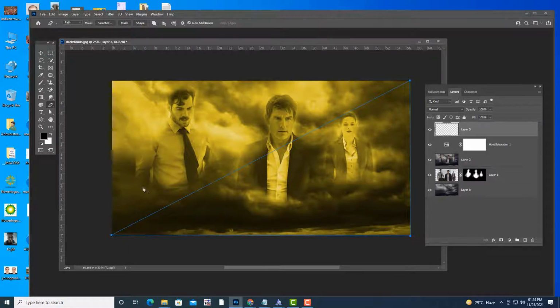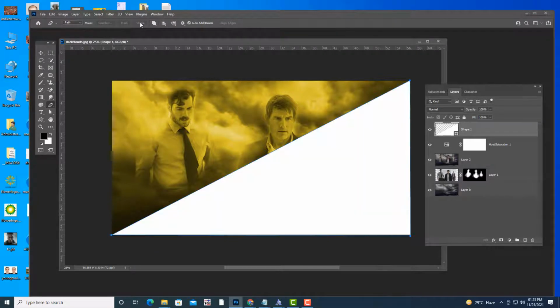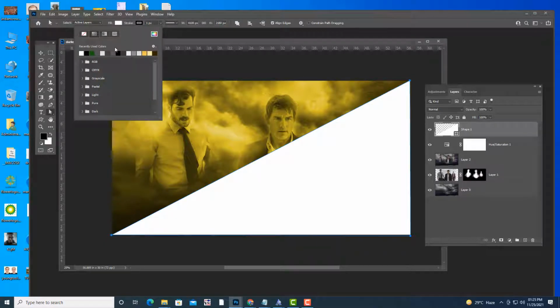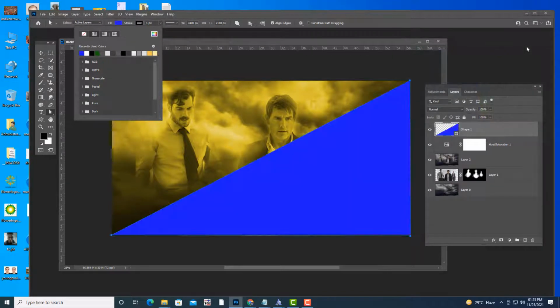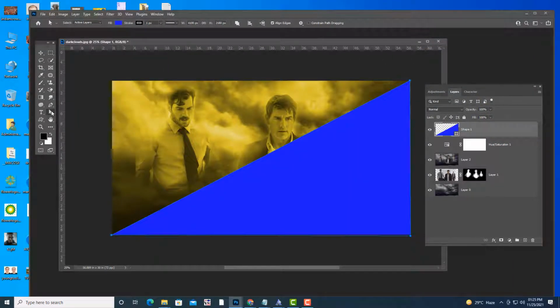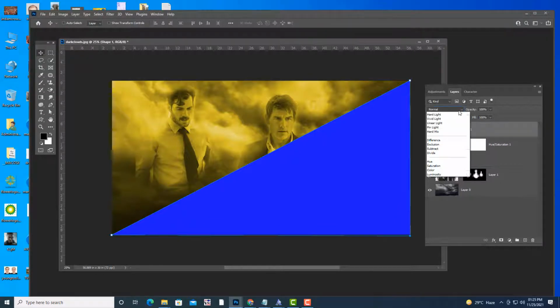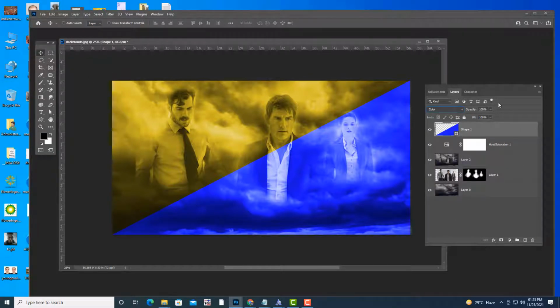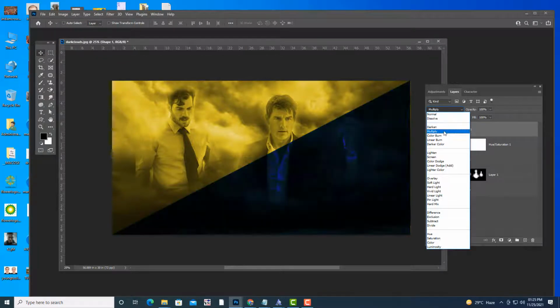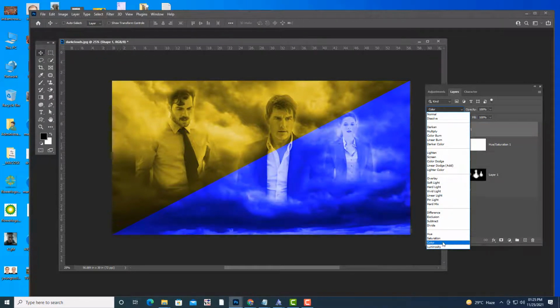We will use a shape here, and try to give it a blue color. Right. Then I will use a blending mode. You can use different blending modes here, but actually color is the best one.